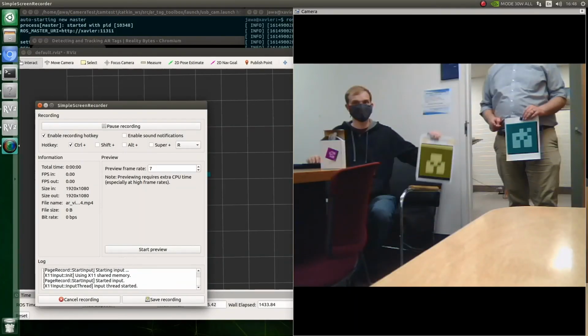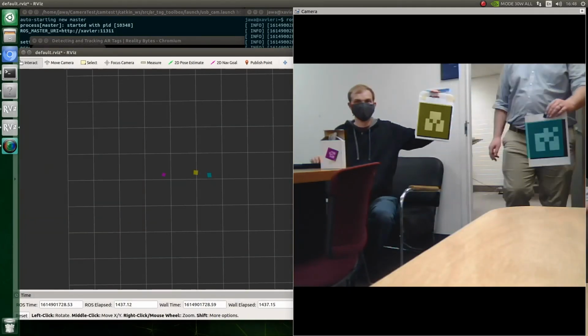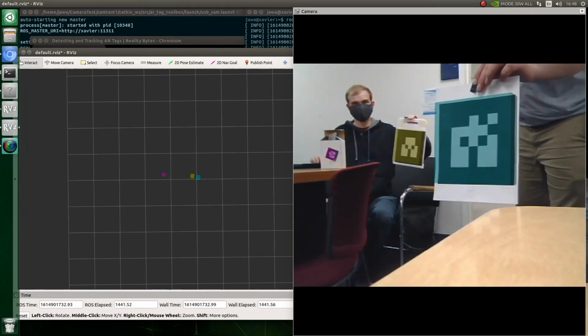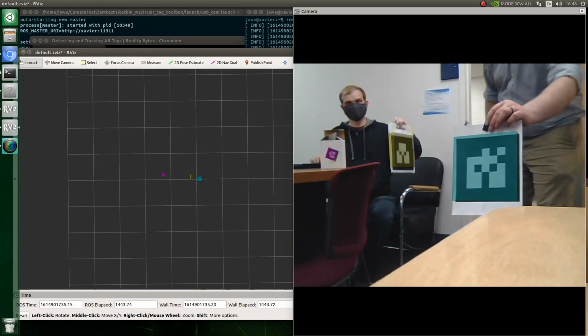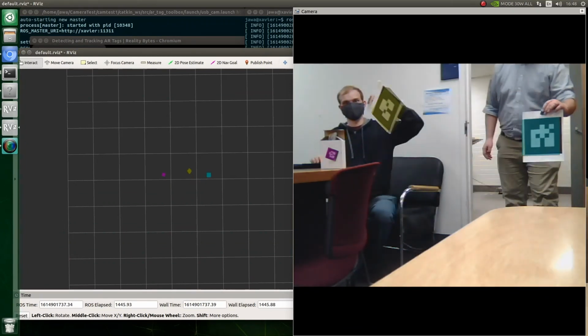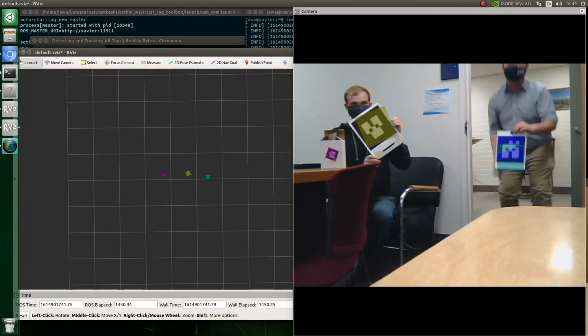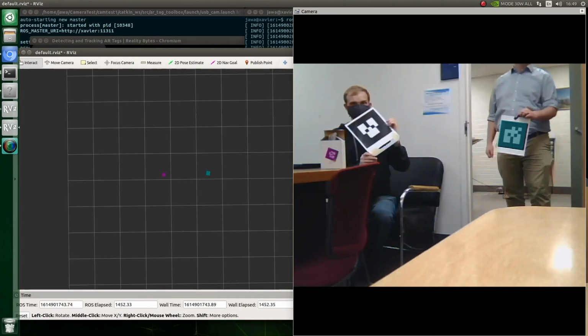Once the rover reaches the provided GPS coordinates, it implements another A-star search pattern from its current position to locate the AR tag indicating the goalpost. Once the AR tag is found, a marker is placed at its location within the RViz simulation. The rover then moves to within 3 meters of the goalpost and changes its LED indicator to flashing green to